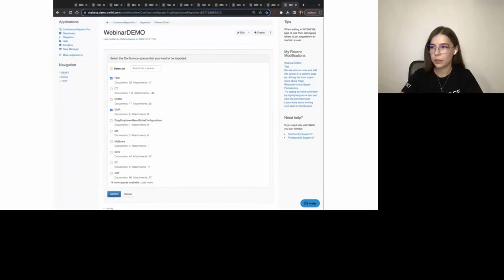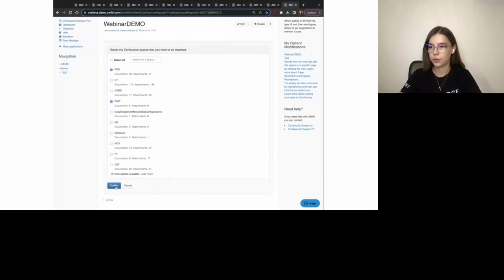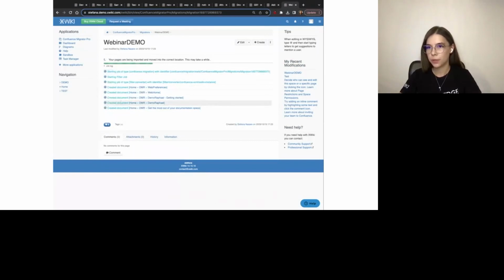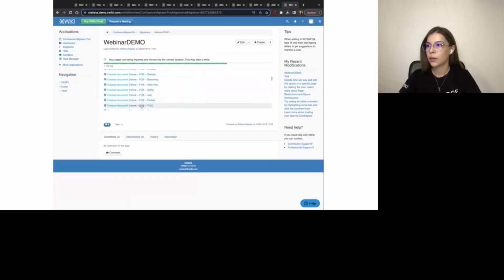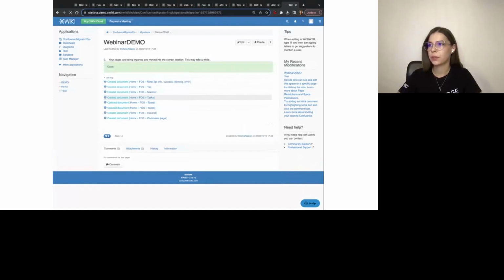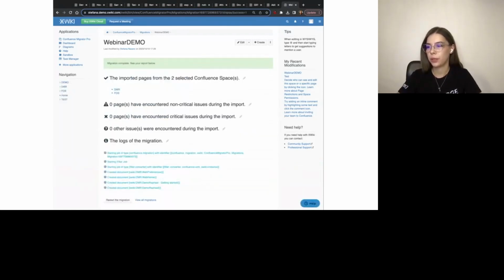Just if you're running XWiki locally, especially, make sure that you have enough resources allocated to the instance. So once we confirm our selection, at this step, the pages are first being imported, and then they are going to be moved into the right location. If we look here at the job log, we see that the pages are being created. And if we have more history entries in a page, we will also see the document has been updated. For example, this page, tasks, was created and then updated twice because there were two additional versions of the page. And we said when we configured the migration that we want to maintain the